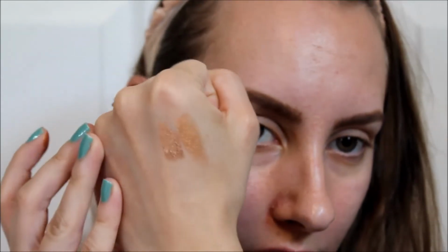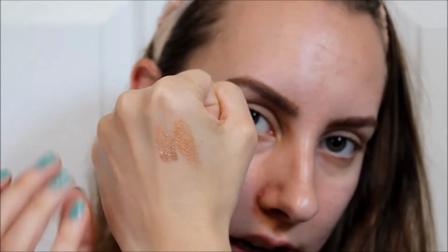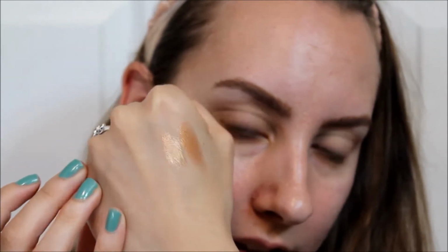But for a little bit of a dupe, these aren't exact dupes, but if you're looking for a more affordable option, or maybe you already have this in your collection, this is the ColourPop Super Shock Shadow in Kathleen Lights. I really love this too, but for the sake of the video, I'm going to use the Laura Mercier one. The Laura Mercier one's a little more metallic, and the ColourPop one says it's a pearlized finish. So there is a swatch of those two there. This here is the Laura Mercier, and this one on this side is Kathleen Lights by ColourPop. As you can see, they're very similar tones, and they're both cream based